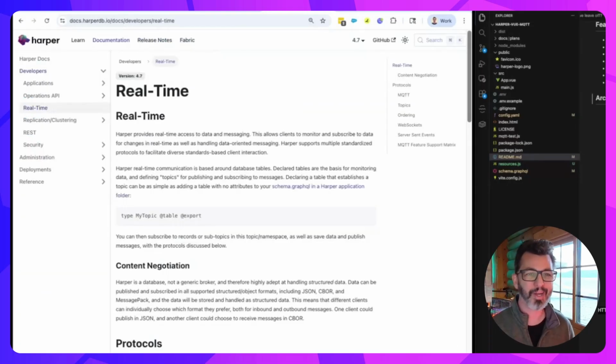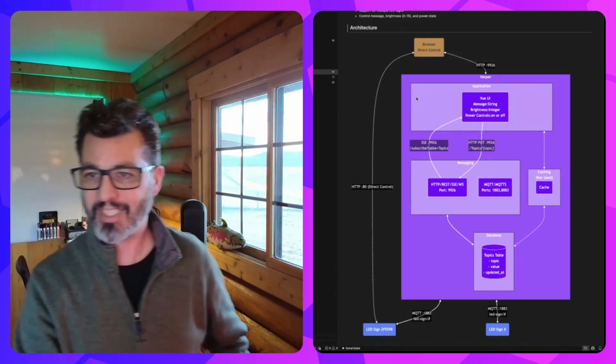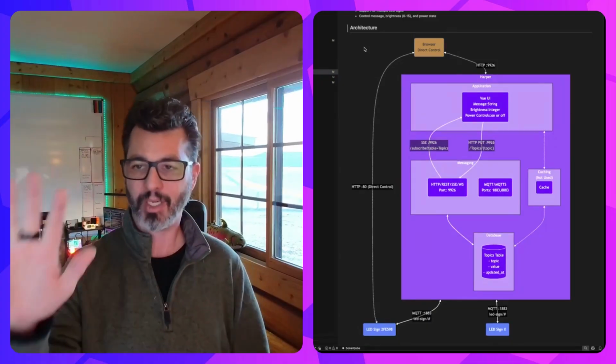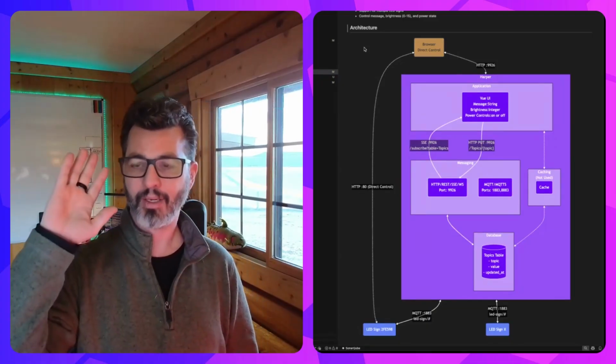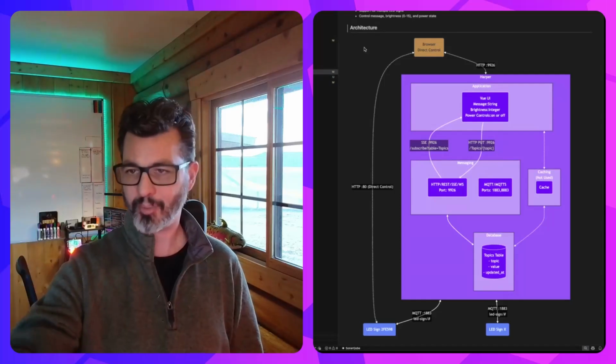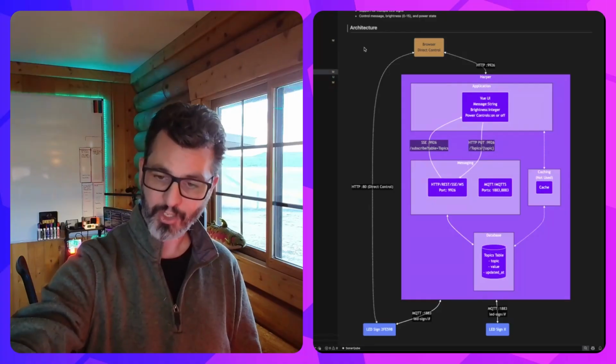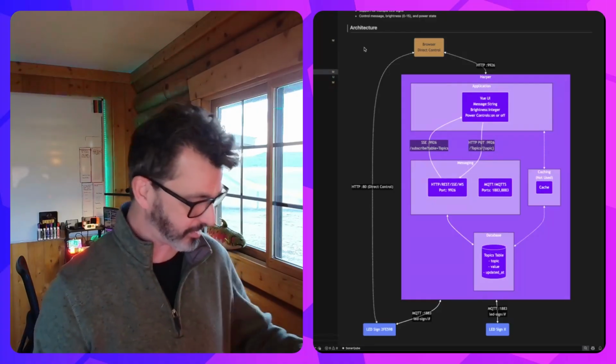In this week's video, we're going to do what I have over here on the right-hand side of the screen. So the brown box is a web browser. It's going to connect to my Harper app that I've got deployed on port 9926. It's going to connect to an LED sign, one like